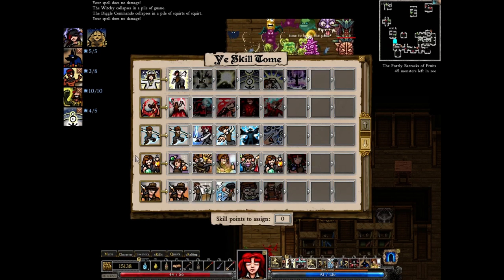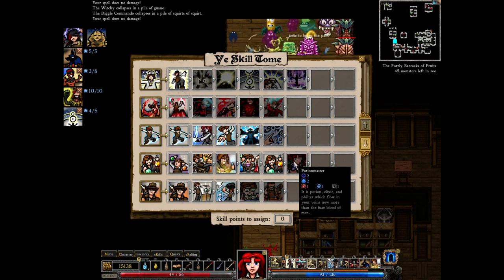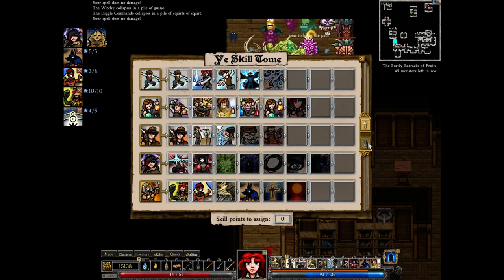You know, I love that I'm using the alchemy skill for everything except for actually mixing potions. Whoa, that gives me magic regen. I might want to get that as soon as possible if I'm gonna go any farther with